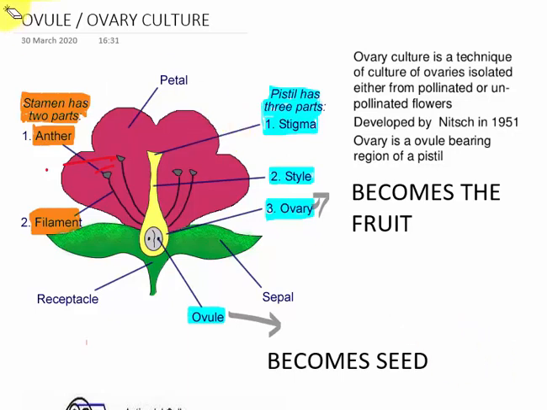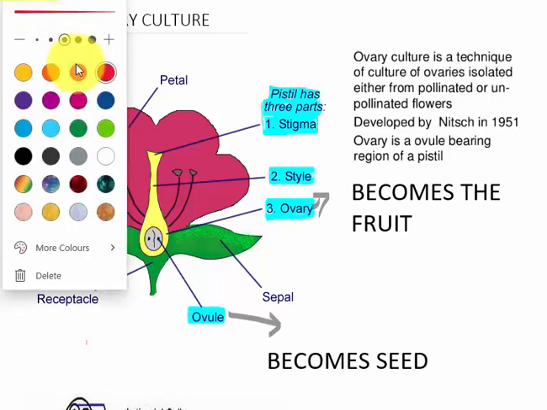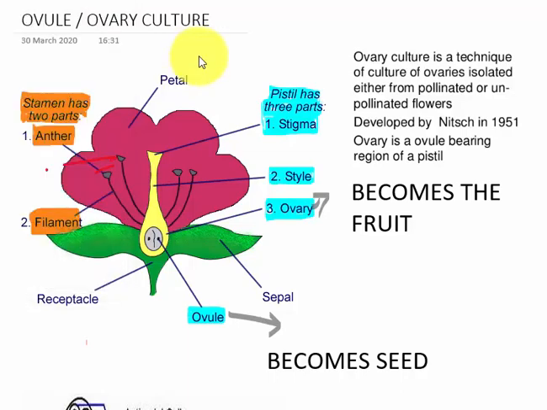Today's topic is about the ovule or the ovary culture. So before going into detail, let me tell you about the parts of a flower. We have already discussed in the anther culture that the androecium or the stamen consists of three parts. First one is, as you can see, the anther, that is bilobed, and the filament, and the bilobes are connected by